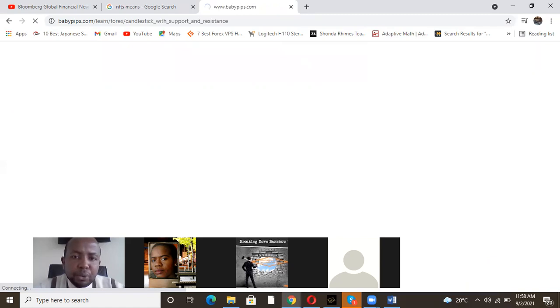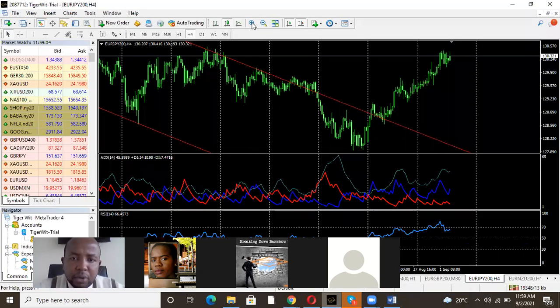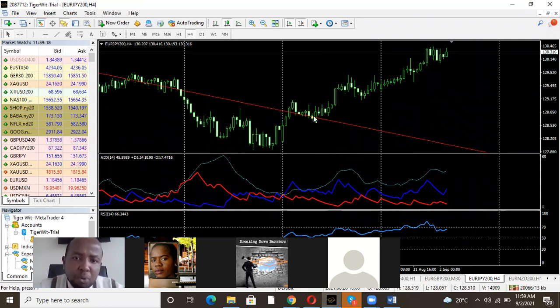Do we have the chart? Now on the chart, I have three things. You can see, this is what I was talking about. Let me zoom in. This is a good case example. You can see this was more of a hammer. Immediately, you wait for confirmation from the next candle. You can see the next candle was a long bull. And this is what has caused this market to go up, because you can see from here, I think it has gone up 227 pips. When you're trading this pair, it's very volatile. This one, you can see it's trending.